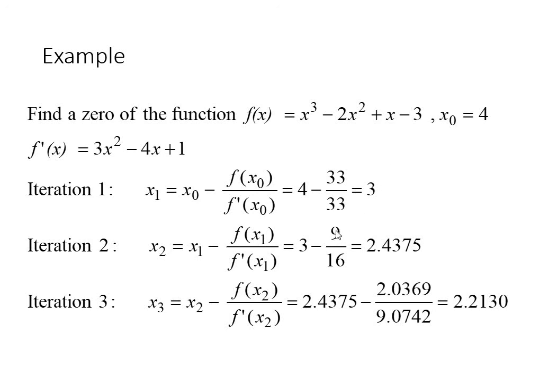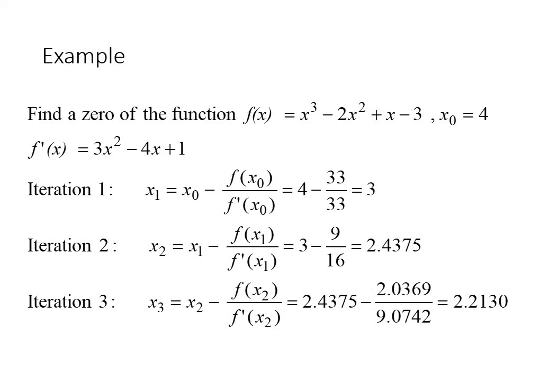So this will be 9. And then substitute by 3 in this derivative. You get 16. So 3 minus 9 over 16, 2.4375, and so on. So for the third iteration, you are using this value, the second one, and so on,